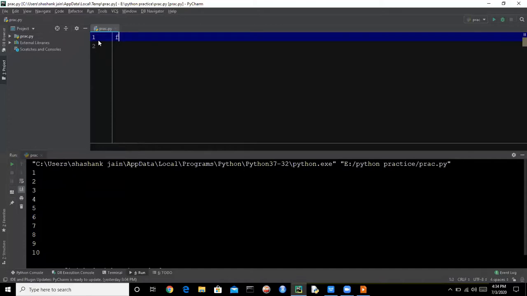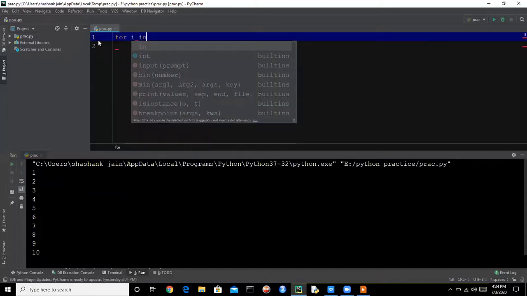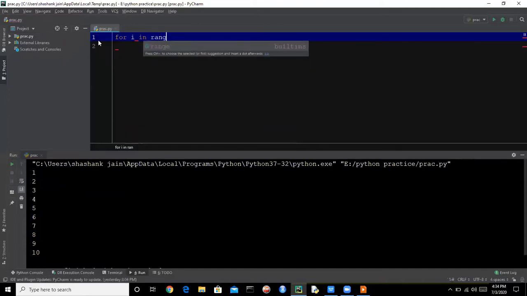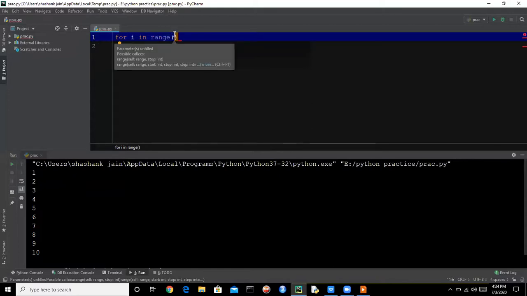If you want to print numbers 1 to 10, you can use a for loop and the range function. The range function starts from 0 and goes till n. So here we are defining n as 10. It will start from 0 and go to 10, so the range will be from 0 to 10.